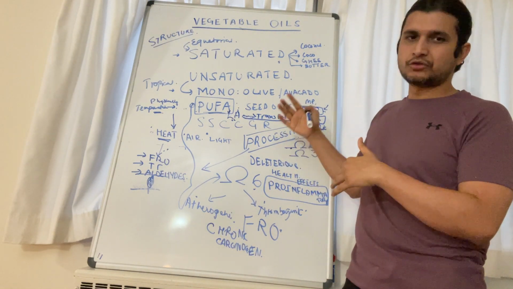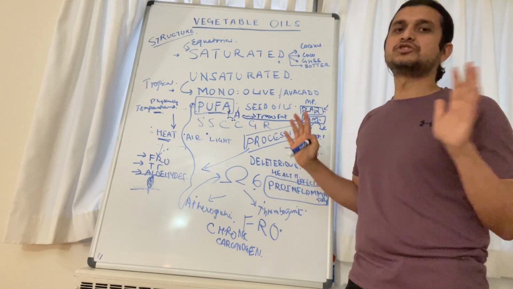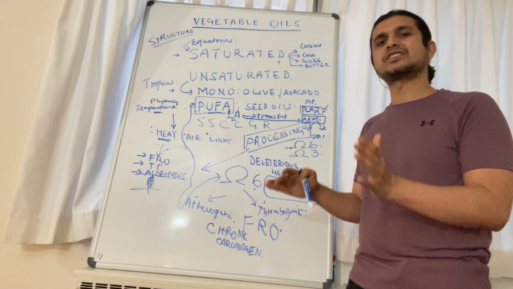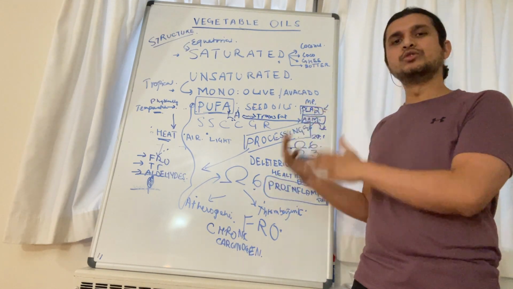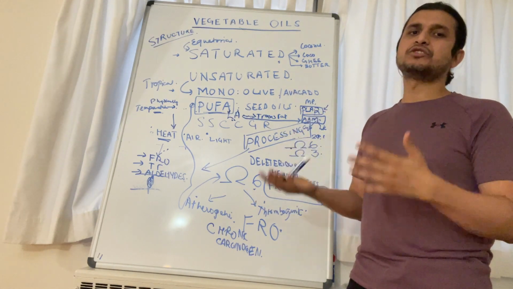And the worst are, of course, the sunflower, safflower, grapeseed, cotton, corn, canola. Those you should not eat at all, because those are the oils that are causing the pro-inflammation, free radical oxygen, arachidonic acid metabolites to the formation of aldehydes as well as trans fat. And that is what you should not be doing.